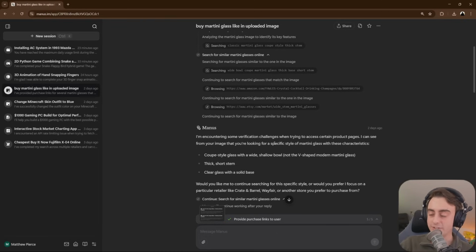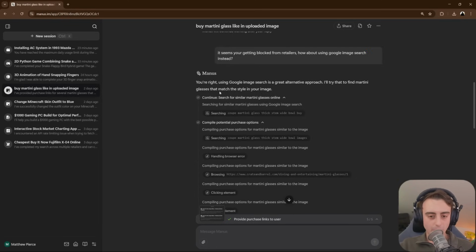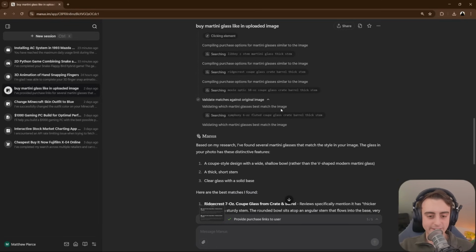CAPTCHAs will block these AI bots out. It's not allowed to complete them according to its programming, but I think they could probably be jailbroken by someone like Plinus to just complete CAPTCHAs themselves. They have the capability to do CAPTCHAs, they just aren't allowed to do them. Anyways, I suggested it use Google image search instead, so that's what it went ahead and did, some searching,